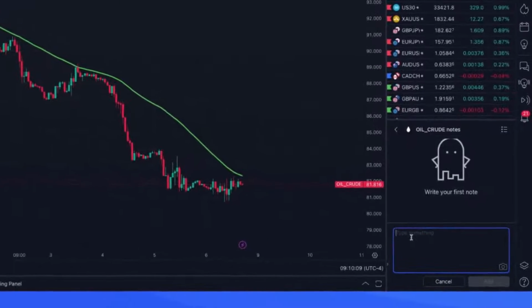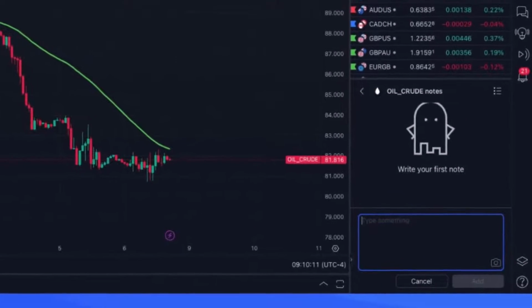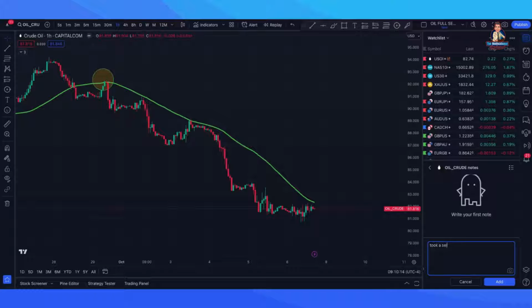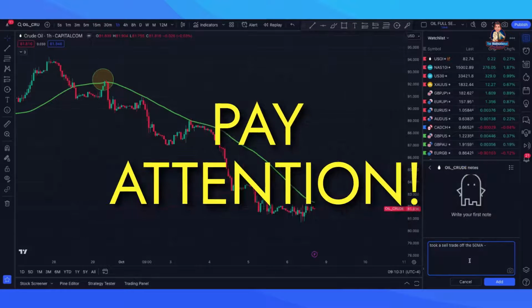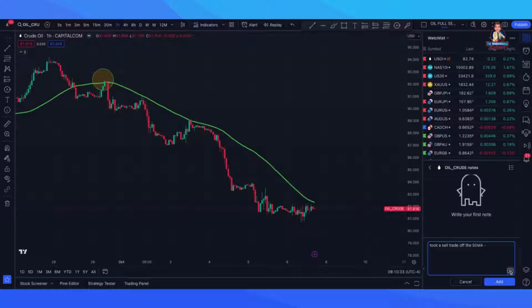And what I can do down here in the notes section is that I can type in, took a sell trade off the 50 MA. And again, you can type in whatever notes you want. You can type in the date and then the time, but it is going to date and timestamp it for you. Then the other cool feature that you can do is you can come right down here where you see this little camera snapshot,